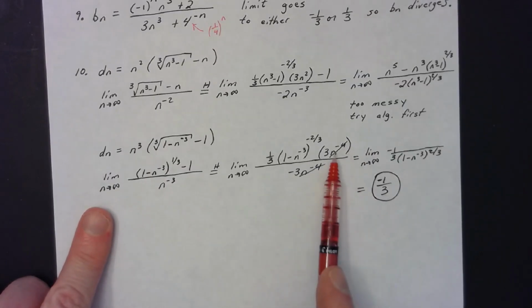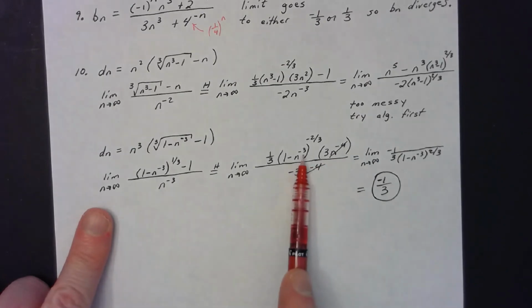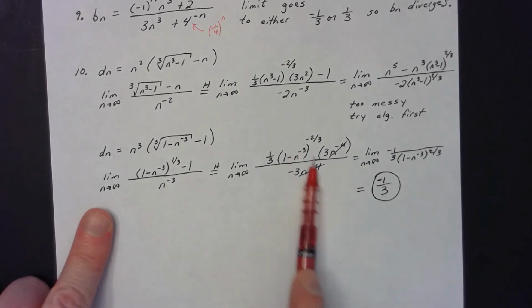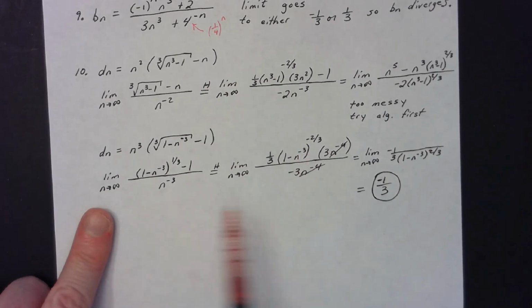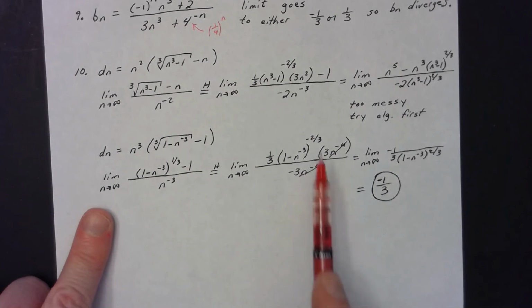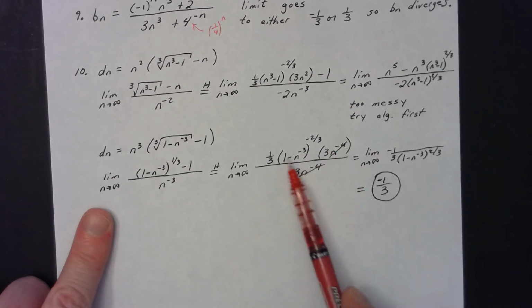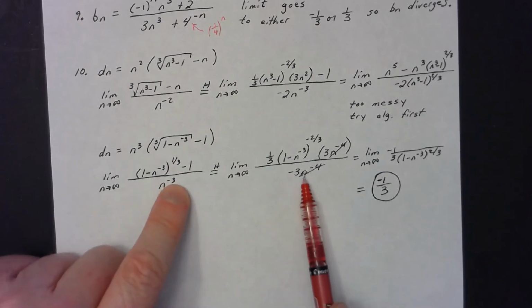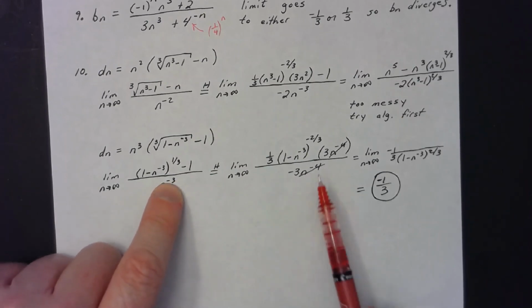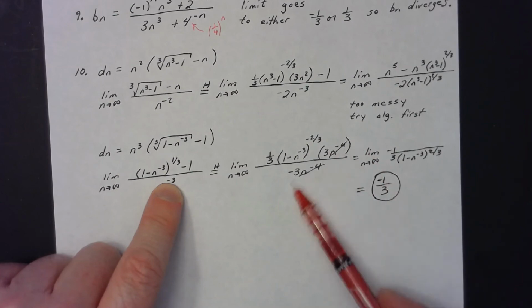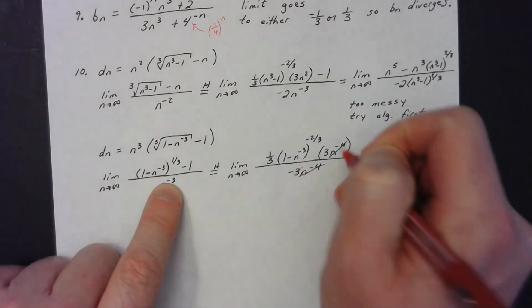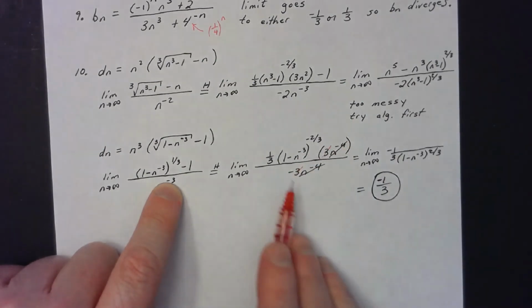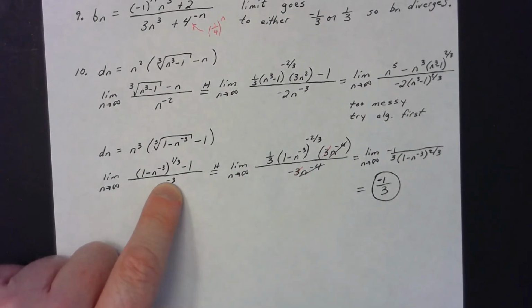And this is why I knew this was going to simplify beautifully, because the derivative of the inside is the derivative of n to the negative 3, which is going to cancel with the denominator when I take the derivative of it. Derivative of n to the negative 3 is going to be negative 3 n to the negative 4 times that negative. It makes it positive there. Derivative of the denominator, obviously negative 3 n to the negative 4. So I know that the n to the negative 4s is a common factor in the numerator and denominator. That can cancel out. Obviously the factors, this 3 and that 3, can also cancel out. I just can't forget that the denominator has a factor of a negative down there.